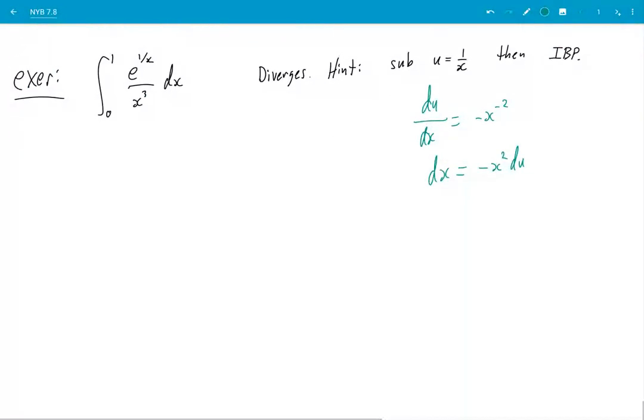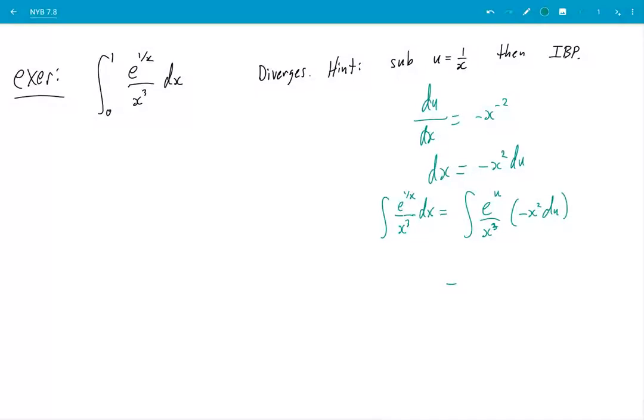So what does that give me? It tells me that this integral here is going to become e to the u over x squared, and then cubed, negative x squared du is